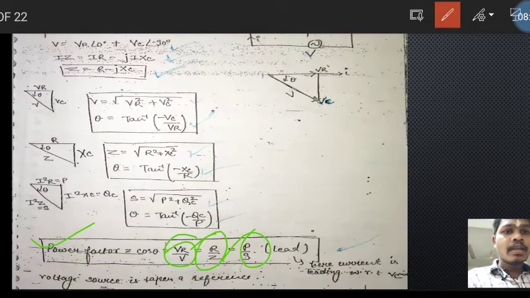Here the current is leading with respect to the voltage by 90 degrees, but in the case of inductance and capacitance, it depends upon the value of inductance and capacitance. Okay,